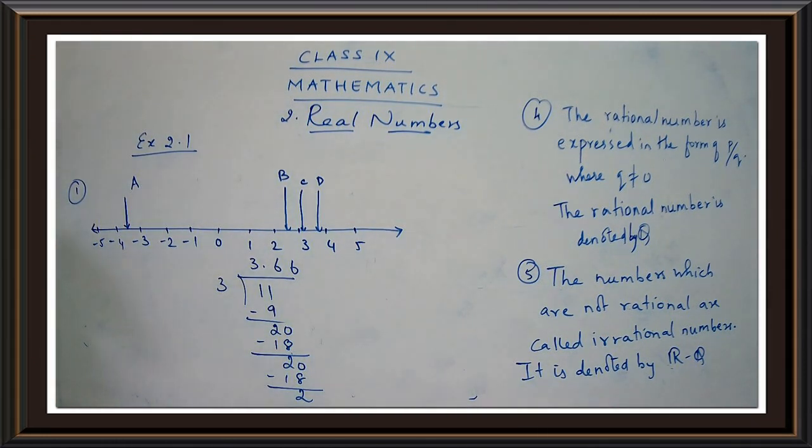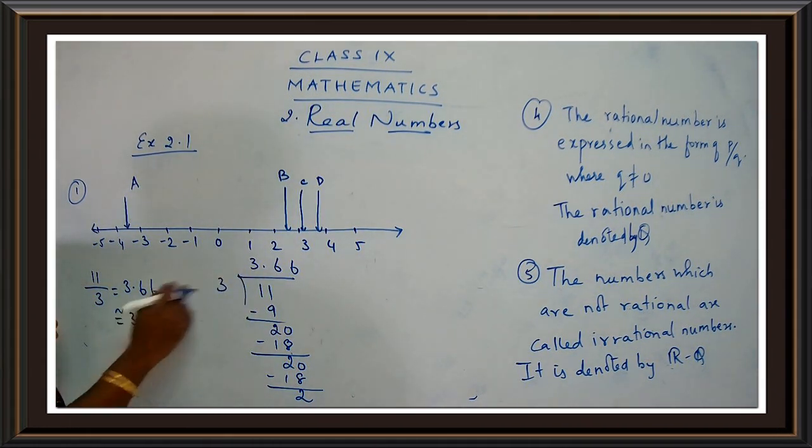So 11 divided by 3 gives you 3.66. So now write down the answers over here, children. Have you completed this? Write down the answer. 11 upon 3 is equal to 3.66. I'm just going to approximate it as 3.7. 3.66 will be approximated as 3.7, or you can just write 3.67.